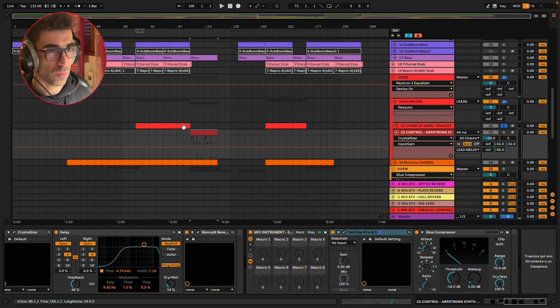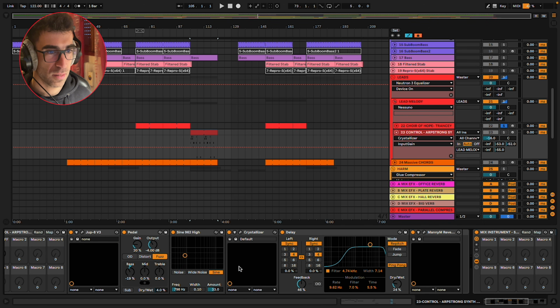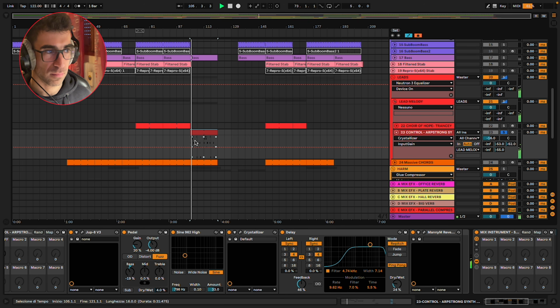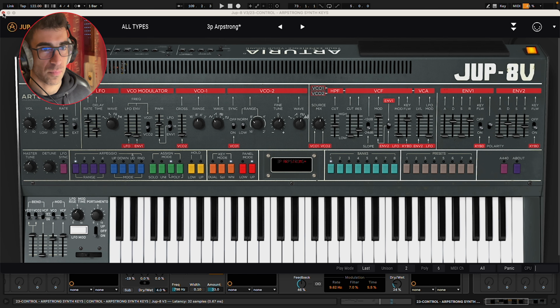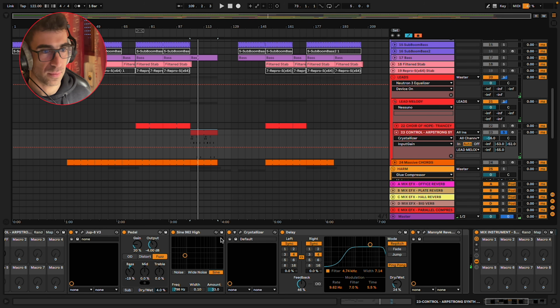In the breakdown, I wanted to have the same melody, but with a different sound to make the whole composition less boring. So I chose this one, a very sweet key sound, really good, from the Jupiter simulation of Arturia.